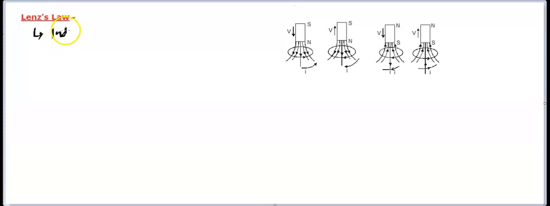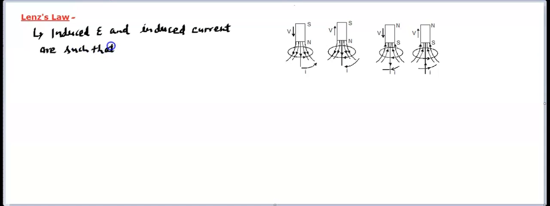Induced EMF and induced current. So whenever the flux changes, they come in. Induced EMF and induced current are such that, basically it's trying to explain the direction of the current and the induced EMF. They are such that